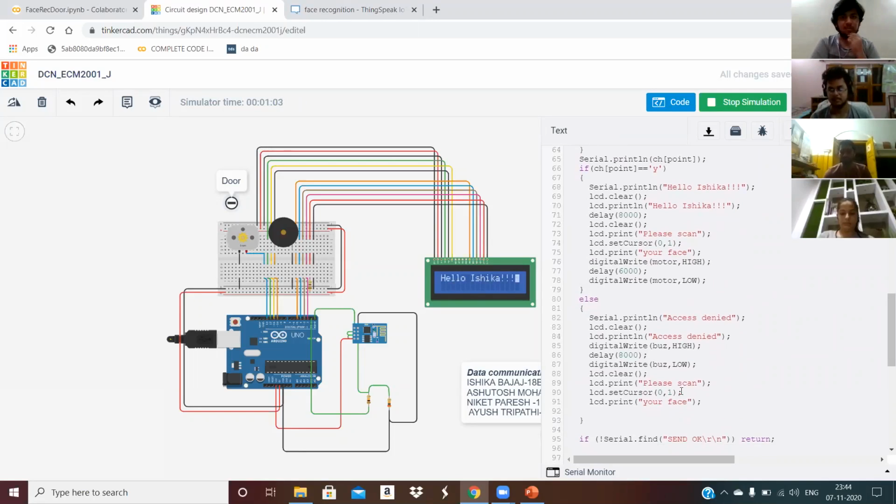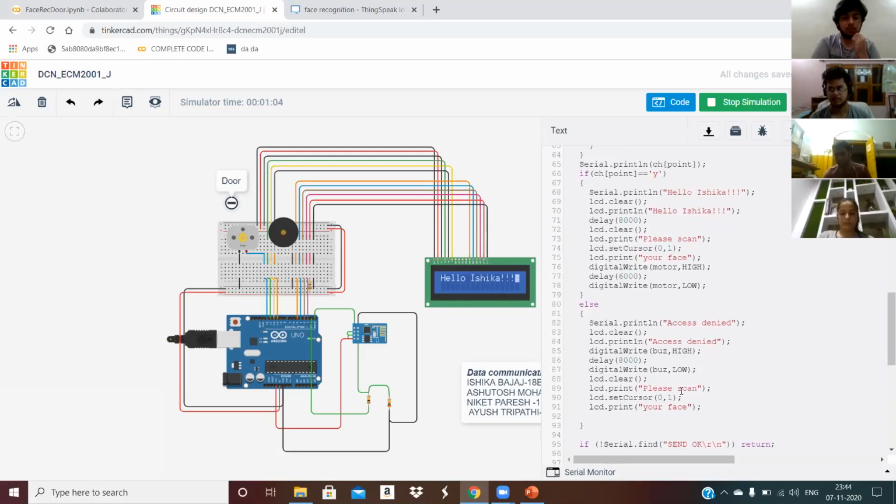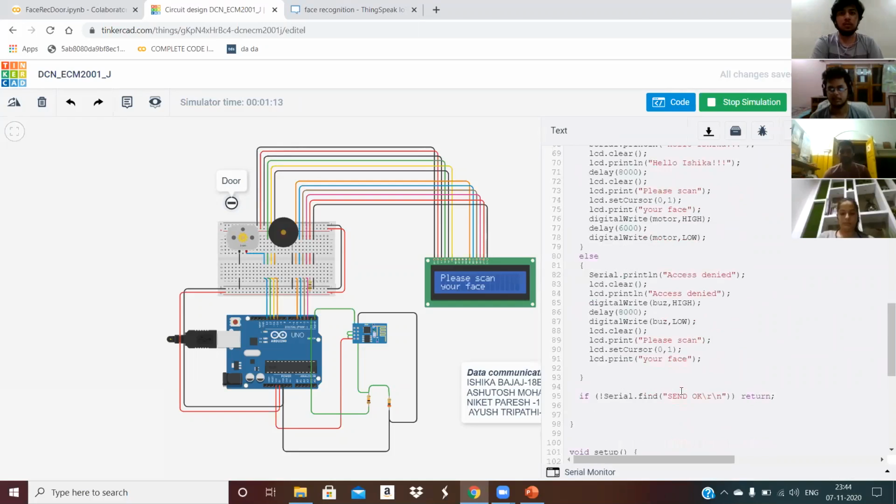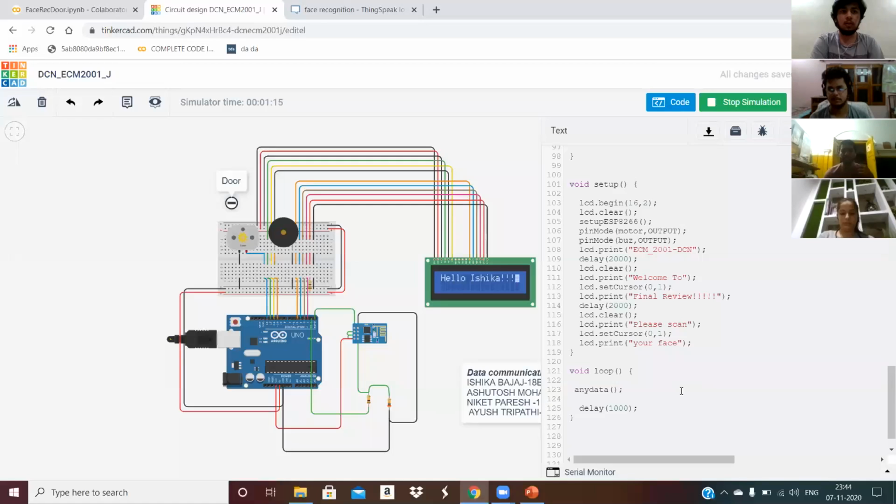After this code, we'll be showing a demo of a wrong person trying to do a security breach. This is the loop which will be running continuously. Now we'll be showing a demo of a wrong person trying to access our system.